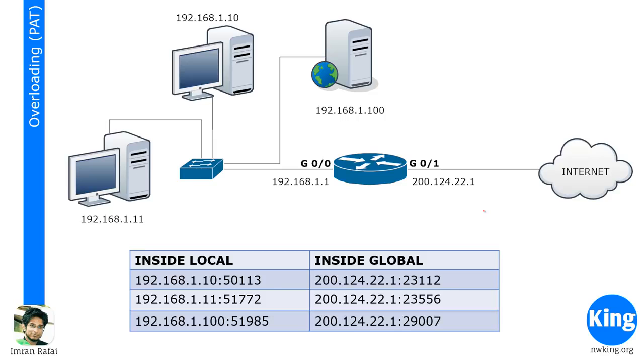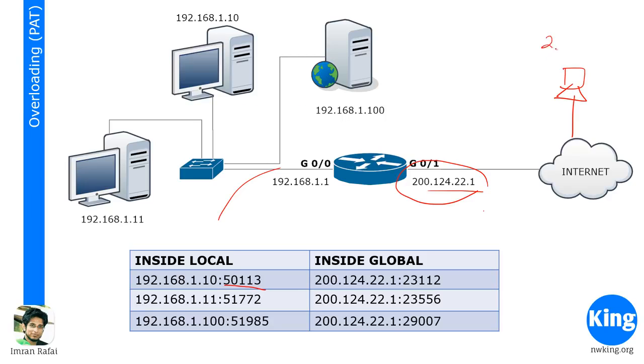So what happens in this case is you have one public IP address, 200.124.22.1, and you could have hundreds, like maybe 100 internal hosts, and all of these hosts would access the internet with this one public IP address, 200.124.22.1. What changes is the port number. If you remember in our discussion of the transport layer, there were port numbers, right? There is a source port number which is a random number. So if this computer wants to communicate with a host on the internet,